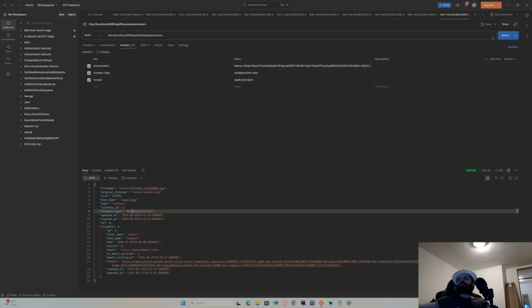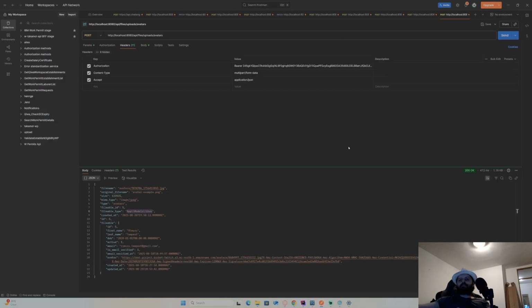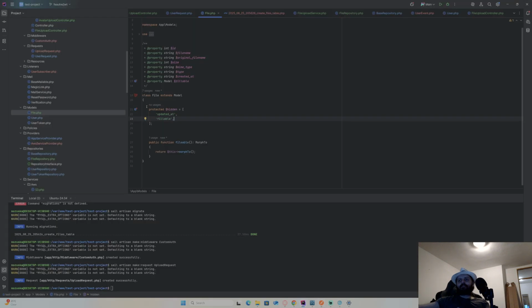And I just redo this. Why is fileable still here? It's possible like, yeah, I can't hide it because it's not fillable. Oh, it's not a field on the model, it's a relation.